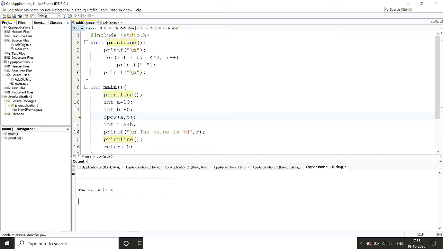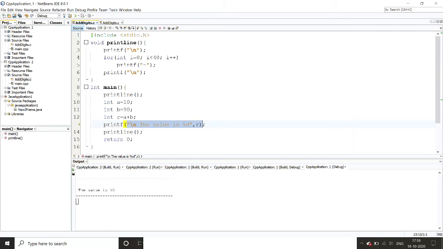When we write this, it will calculate a to the power b, right? But what is this pow? This is actually a function we are calling. It is already written somewhere, but in this function we have to pass two parameters, a and b. That will be clear very shortly. Also, look at this printf. I'm deleting this pow because it has no meaning here. What is printf? Printf is also a function. You are supplying some argument to this function, and printf prints something to the screen.